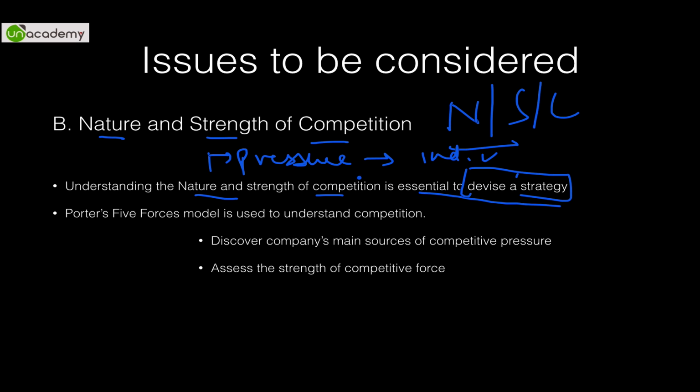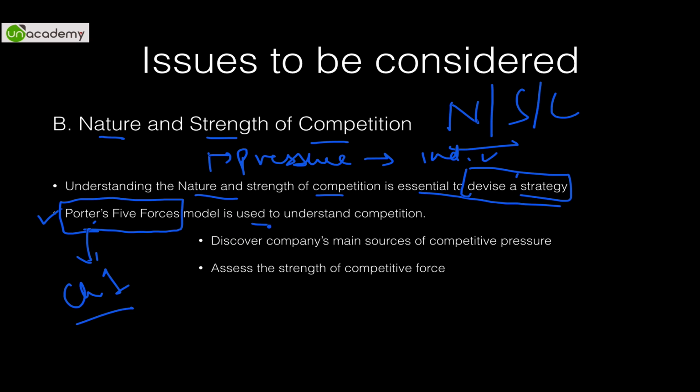How would we come to know about the nature and strength is something that we have already studied in the first chapter, that is Porter's 5 forces model. Chapter 1. Do you remember it? Chapter 4, Porter's 5 forces model, we had understood there are too many rivals in the market, threat from substitutes, etc. etc. So these factors we have already considered.